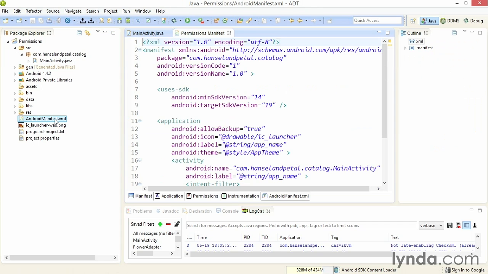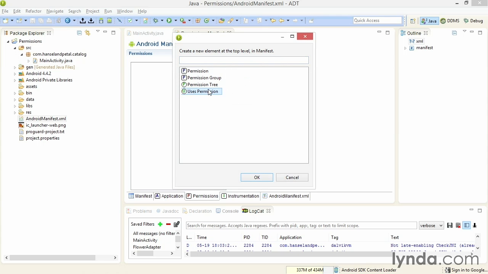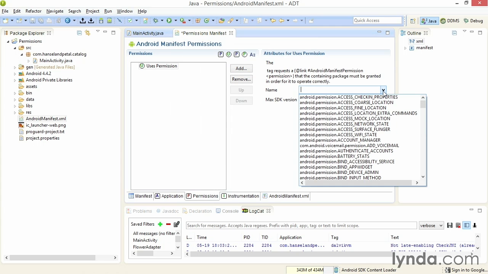So I'll go to the manifest file, and I'll click on the Permissions tab at the bottom. Then I'll click Add, and I'll choose Uses Permission and click OK. You'll need to add 2 permissions to your app. The first one is called Access Network State. I'll pull down the list for the permission name and choose